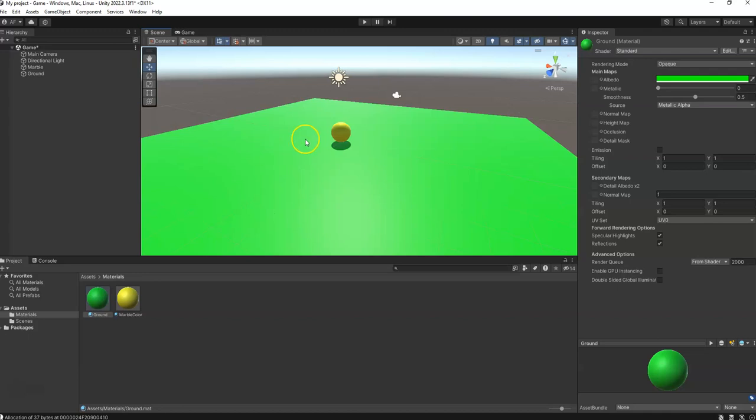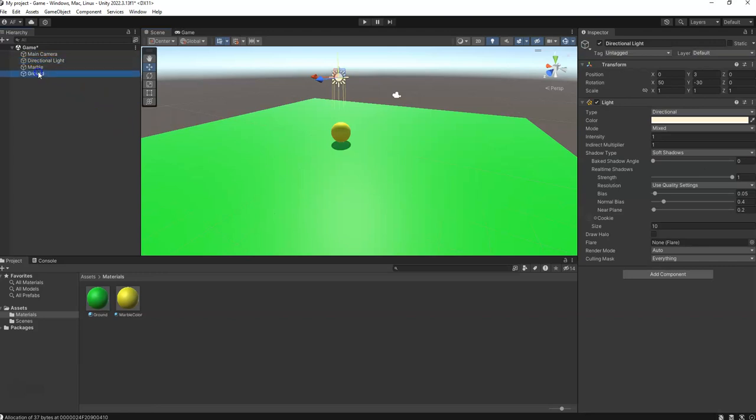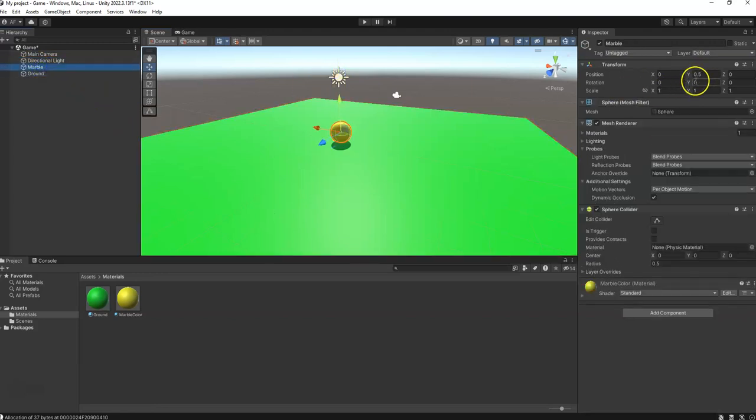We have our ground, we have our marble, and we've given them colors, we've given them names. They exist in our world. We learned that we could manipulate them by moving them with these values. I will also mention here that you can move them using your arrows here. So you can choose the direction you want it to move. And you can see it moving along the X or the Z or the Y. You can also grab right in the center and you have a free form location. But if you do want a specific location like we did here,